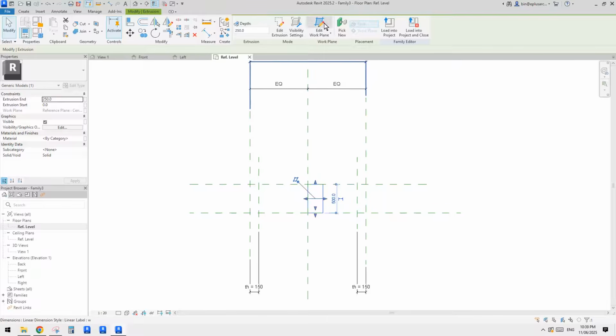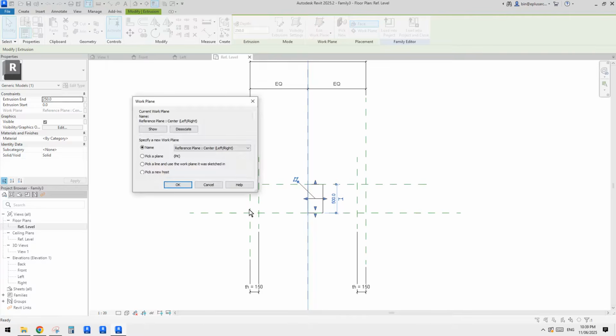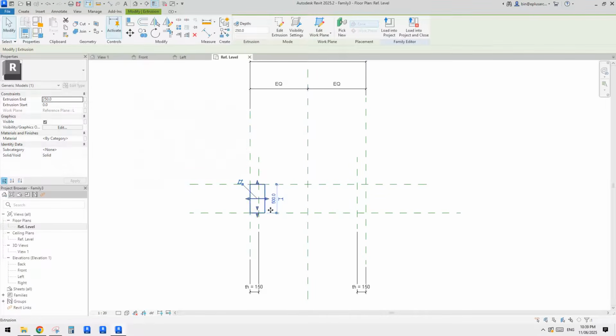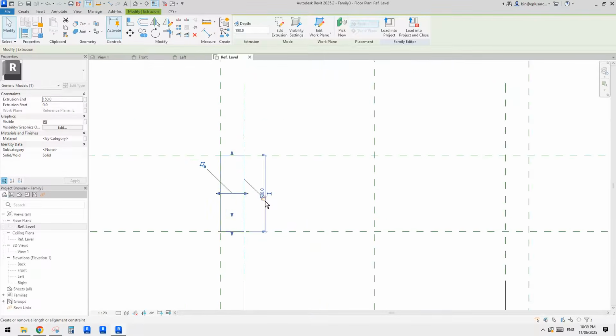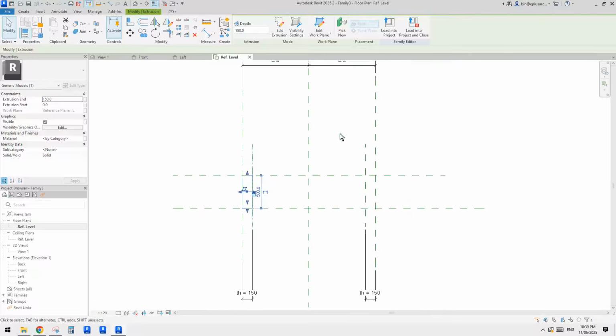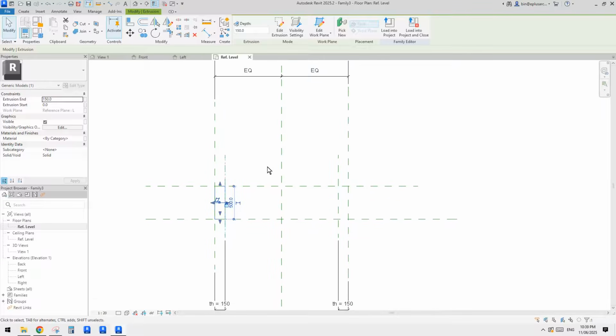So actually we can just change work plane onto the either left or right. So let's pick plane. We click on the left, and then we can just drag this onto this reference plane and lock it. Okay, so that's it. So now we're going to, oh hell,